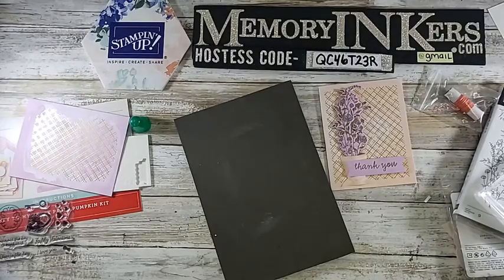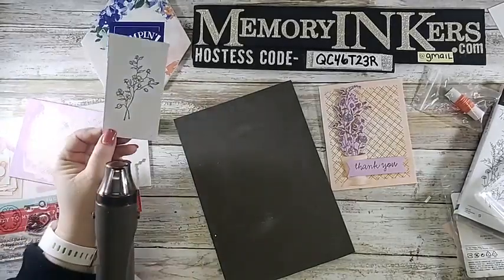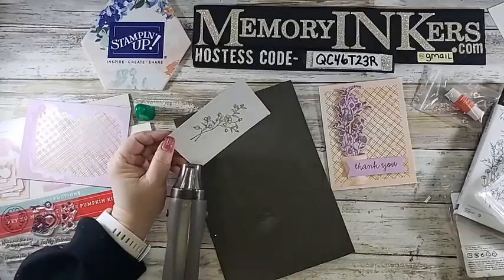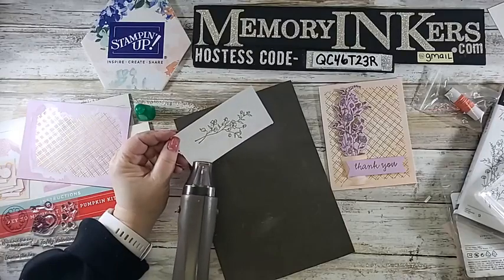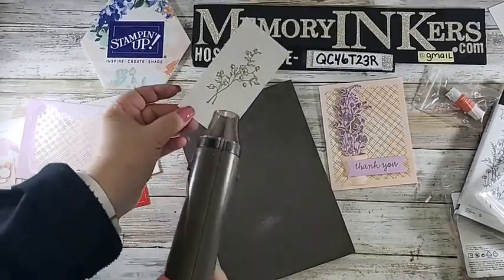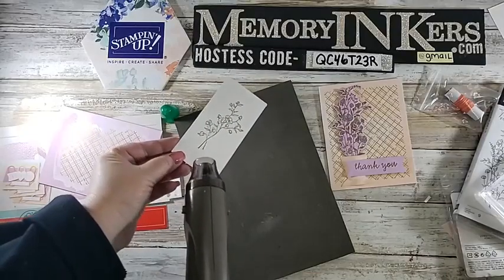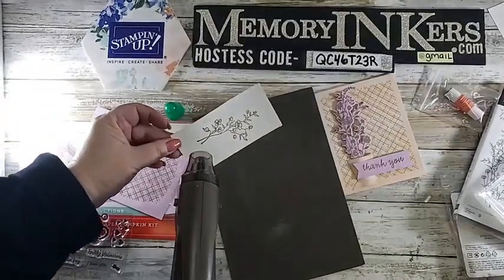Pardon my noise while I do that. I love watching heat setting. I don't know about you guys, but I really like watching it. I'm not sure how well you guys will be able to see this on camera. Even I have to tilt a lot in order to see it start moving into the gold. There it goes. Whoops. It's pulling my...